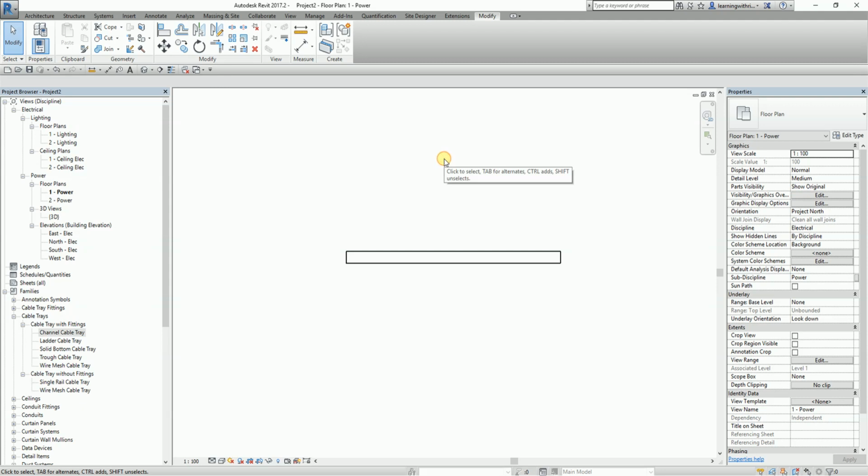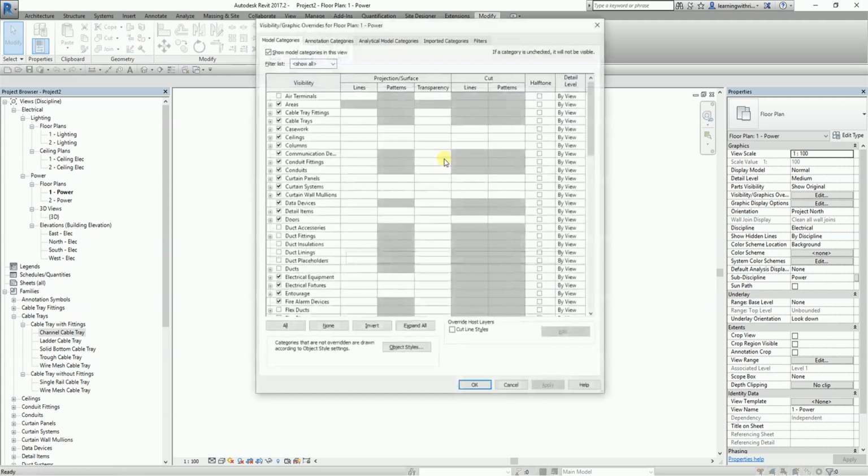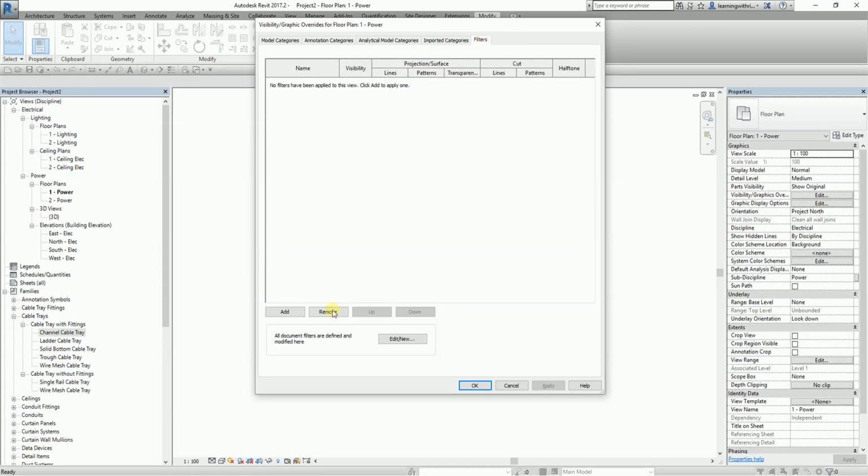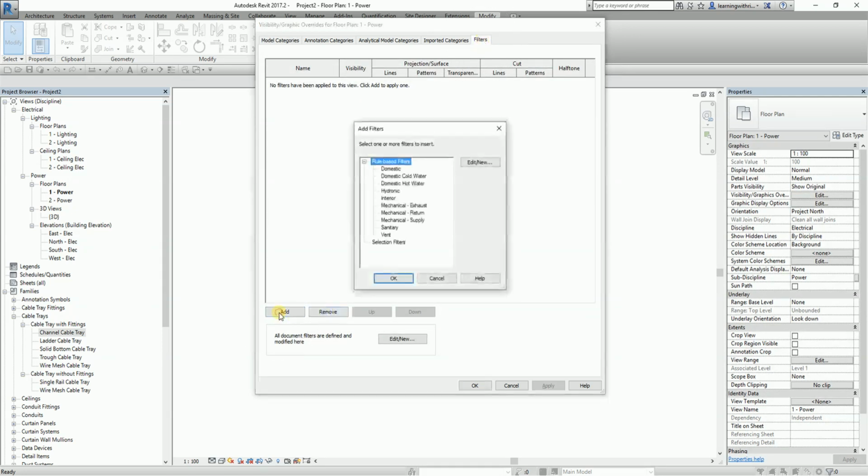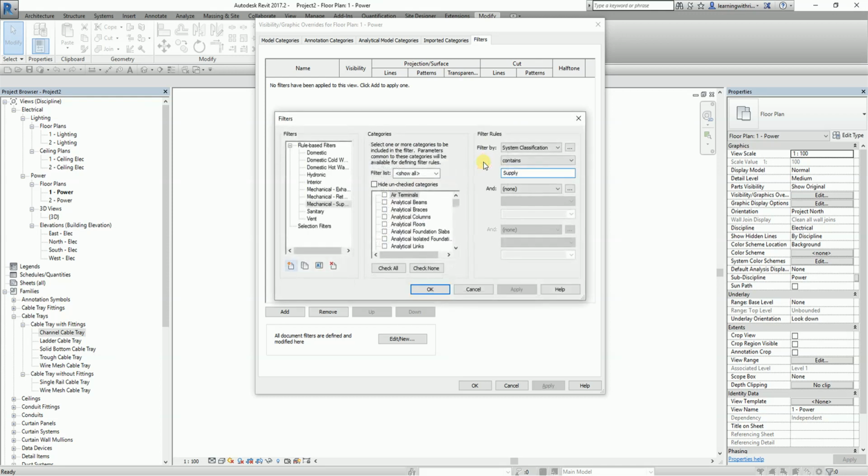Now, like what I've said, I'm going to use the filters. I open the visibility graphic overrides, and then I open the filters here. I'm going to add one, and then select Edit New. There are no filters here for our cable tray, so that's why I'm going to create one. This is for my normal